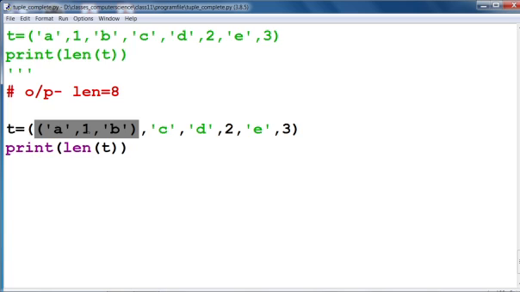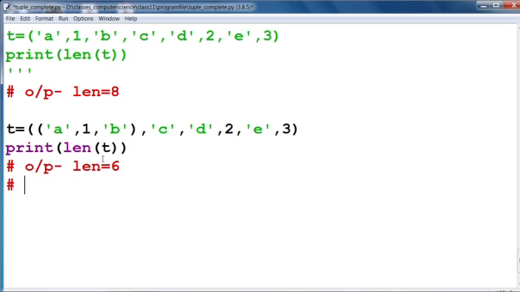This is the concept of your nested tuple. This t contains one more tuple, and the elements of that tuple are a1b. This is counted as a single element. This tuple will be counted as a single element, so this is the first element of this tuple. The length will be counted as 1. Then c2, d3, 4, 5 and 6. So this is the way to find the length of the tuple in case of a nested tuple. The length equals 6. Why is it so?